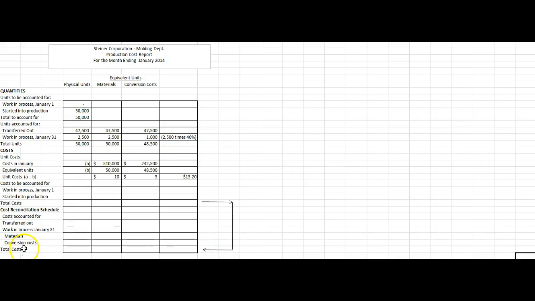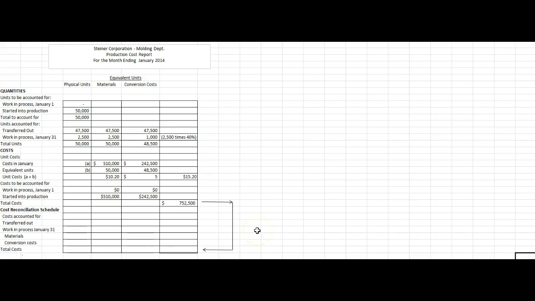Then we're going to do the same kind of calculation that we just did. We're going to look at our total costs. Again, if there had been beginning inventory, we would have added those costs into this number, but there weren't. $510,000 for materials. We did 50,000 equivalent units worth of work. Dollars per unit, $10.20. Our conversion costs during the month of January, $242,500. Dollars per unit, $5. So our total costs during the month were $10.20 for materials, $5 for conversion costs, or a total of